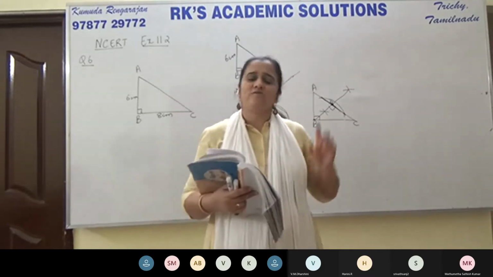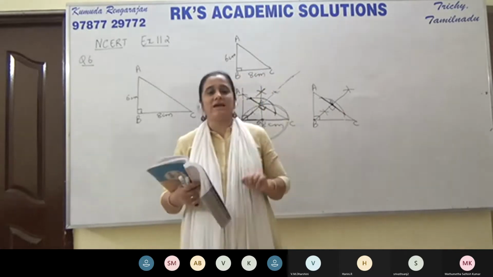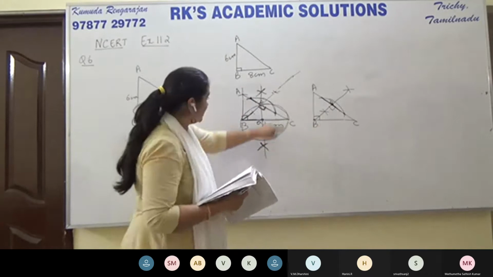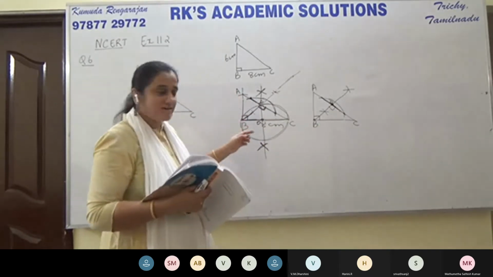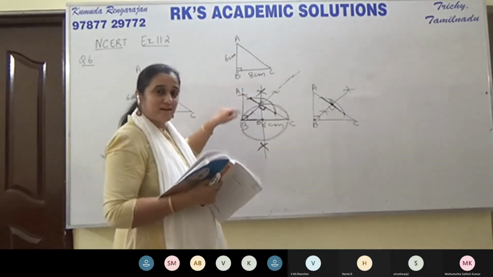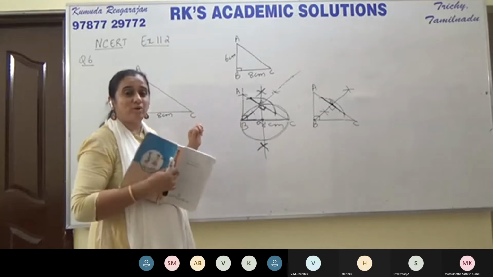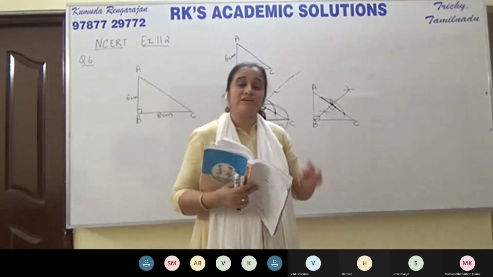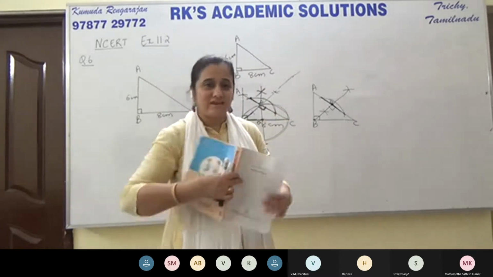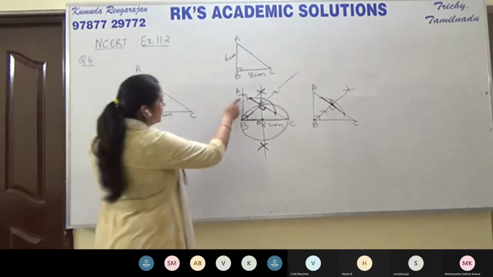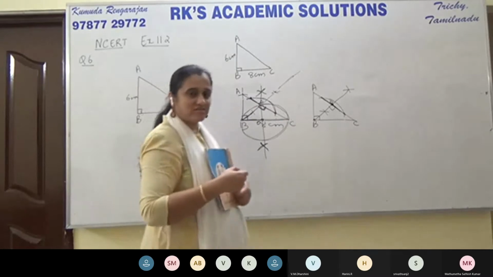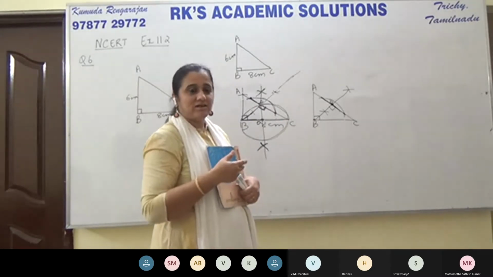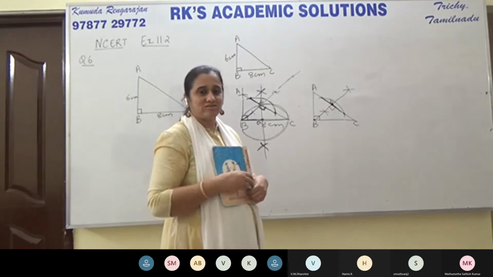circle. And we know that from an external point, we can draw 2 tangents to the circle. A is the external point. A lies outside the circle. So we know that from an external point, we can draw 2 tangents to the circle. So now the last instruction is from A, draw tangents to the circle. So from A, we can draw 2 tangents to the circle.